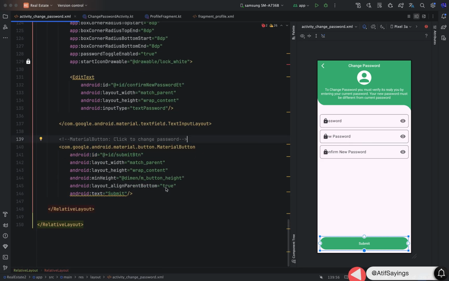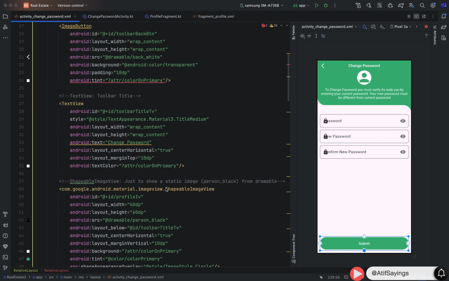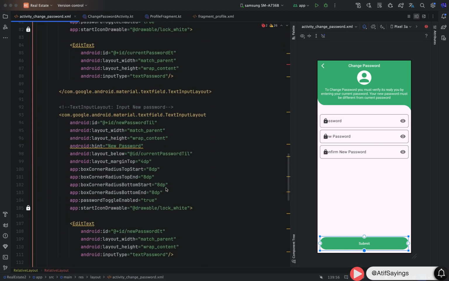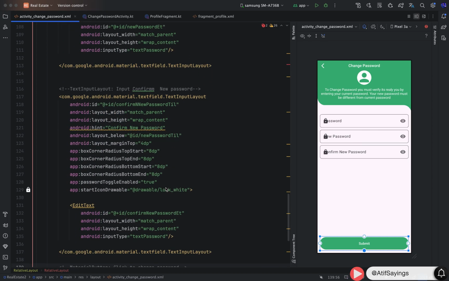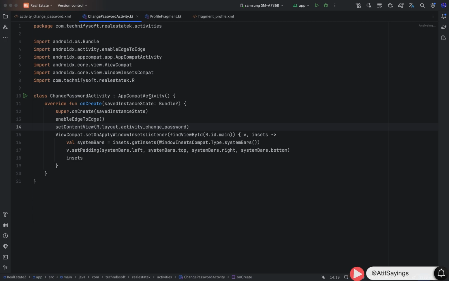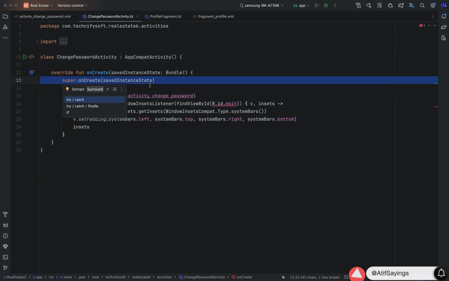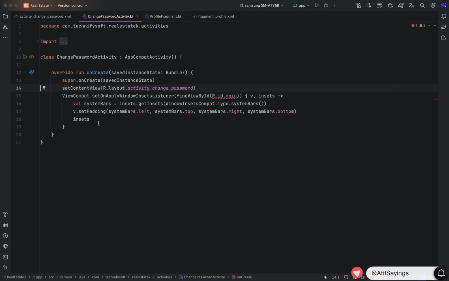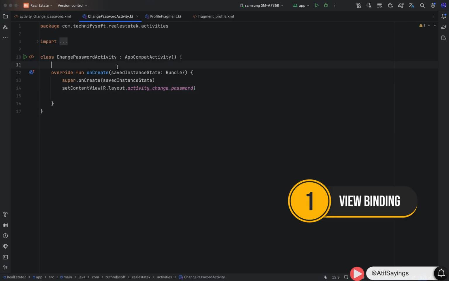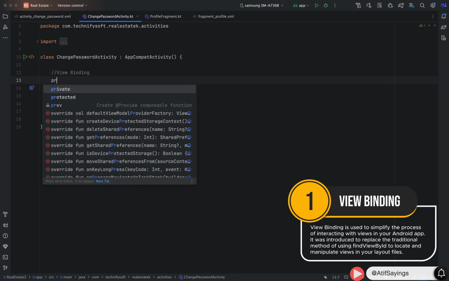Okay, now our UI part is completed. I have also placed the comments to make it more easy to understand for you. Now we can start implementing our logic. And for that, open the change password activity class. Before starting code to change password, we need to remove this unnecessary code. After that, we will bind the activity change password.xml file with our activity class using view binding,